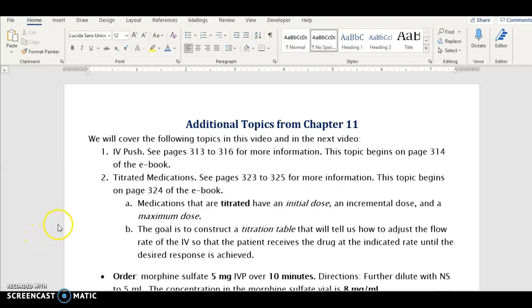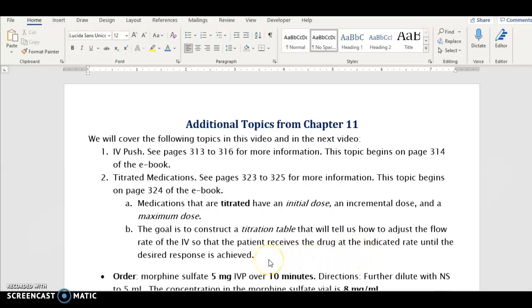In this video, we're going to go over a problem involving a titrated medication, but before we do, let's go over a couple of points. Medications that are titrated have an initial dose, an incremental dose, and a maximum dose. So the goal for this type of problem is to construct a titration table that will tell us how to adjust the flow rate of the IV so that the patient receives the drug at the indicated rate until the